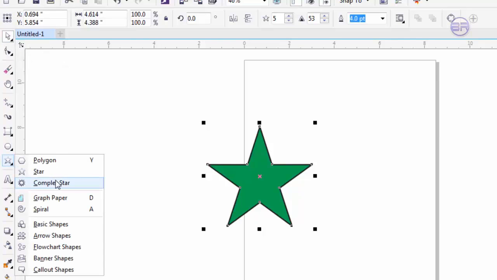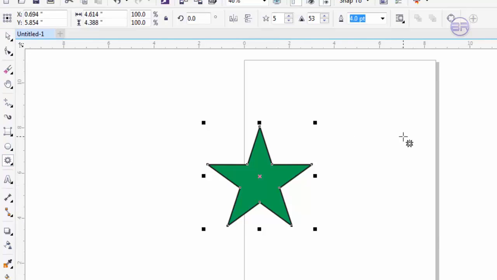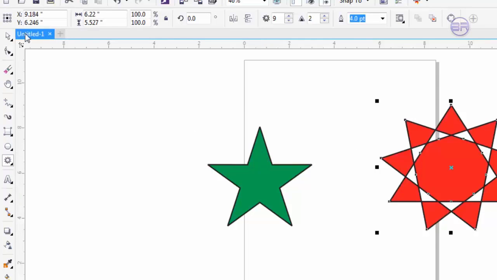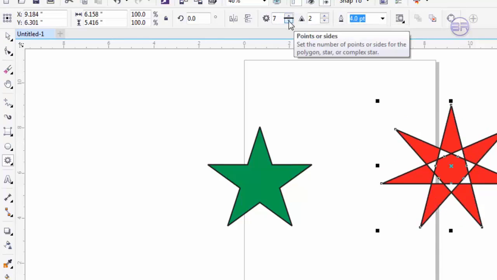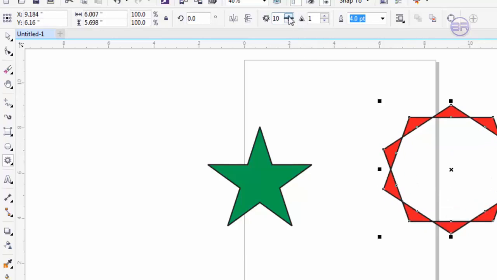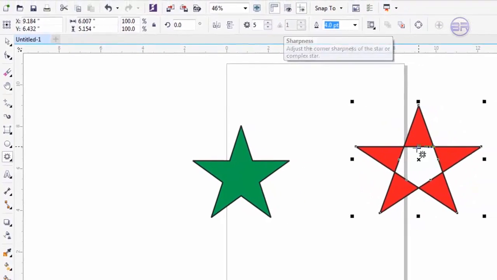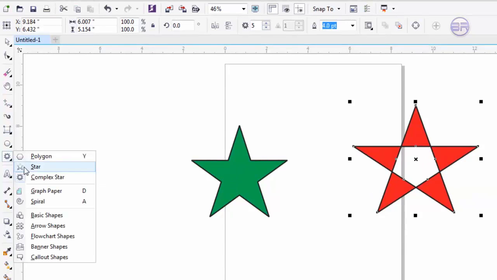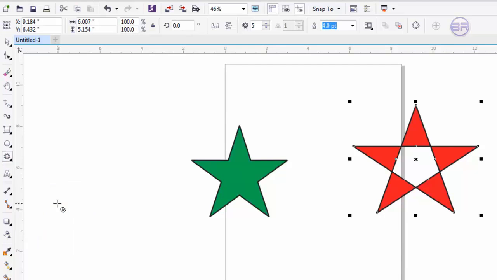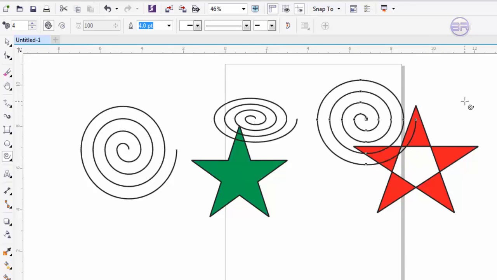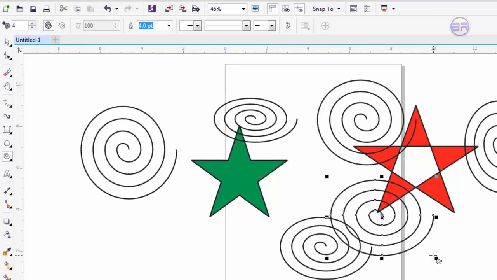Now there are other options, for example complex star. So complex star is basically this one. This is called complex star, which has more points, like 9 points. If you decrease, you will see changing in this. So by default this is a little bit different from this, and you can also use the other options like graph paper, like Spiral, which will just add this kind of shapes as much as you want. You can insert wherever you need them,